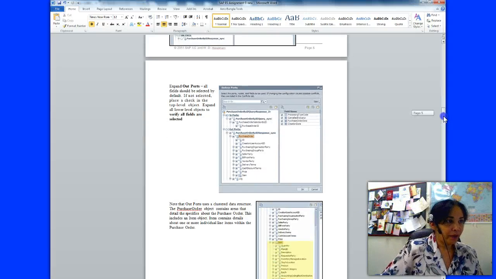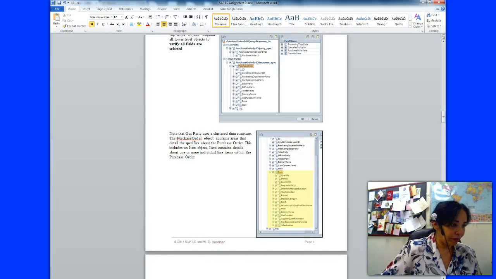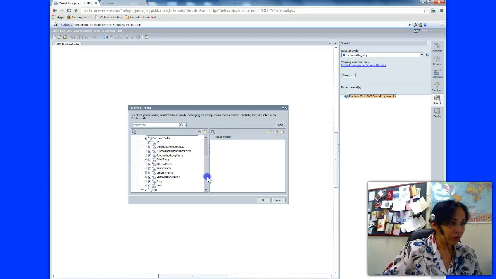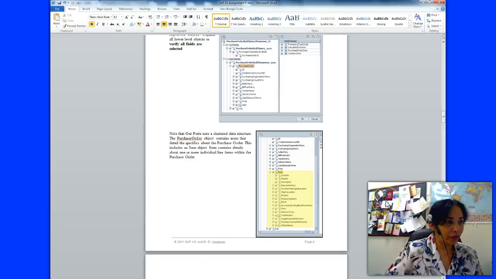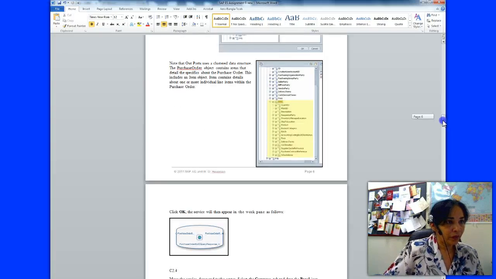Okay, and then I expand all output ports till the very end. Then what do I have to do? So it has a cluster data structure, please note that. Okay, so what I have to do is the